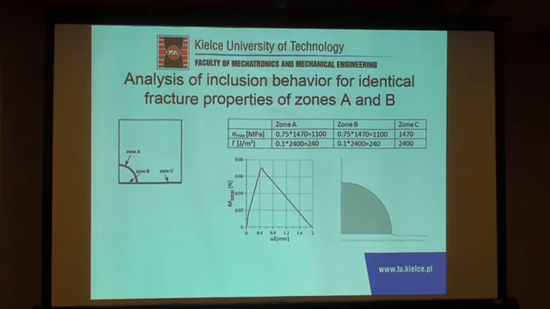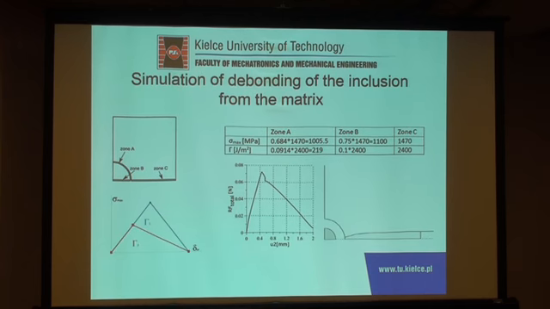And as you can see, this set of parameters leads to breaking of the cell. It breaks in a way similar to breaking of a homogeneous cell, with only a small protrusion in the vicinity of the inclusion. So, to obtain a situation in which the first stage of damage is breaking of the inclusion and then debonding happens, the parameters for zone A